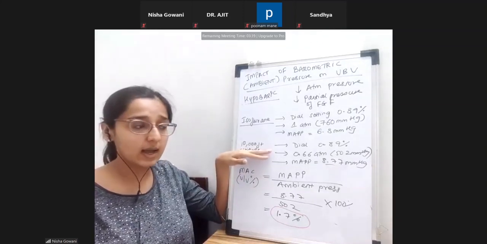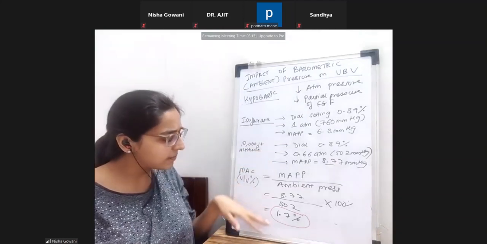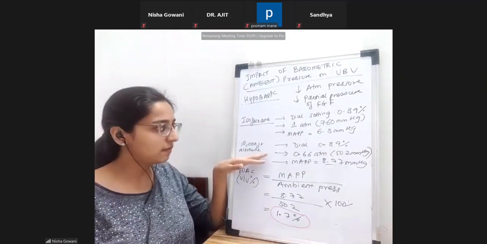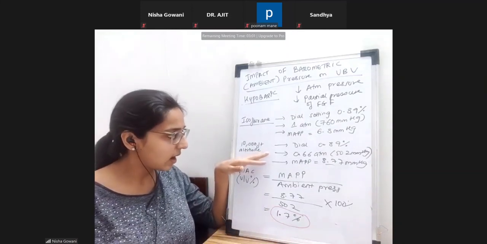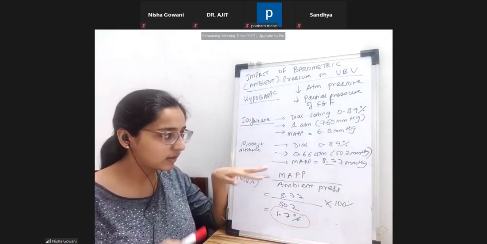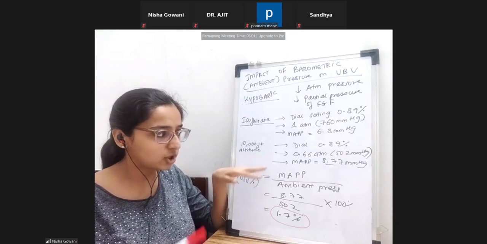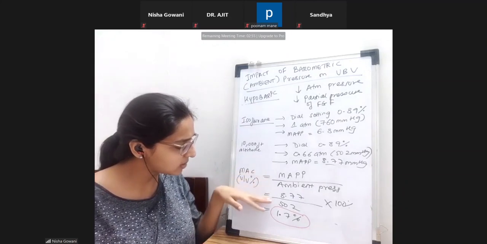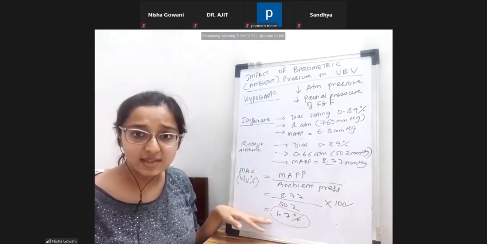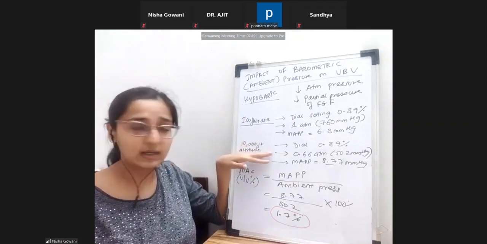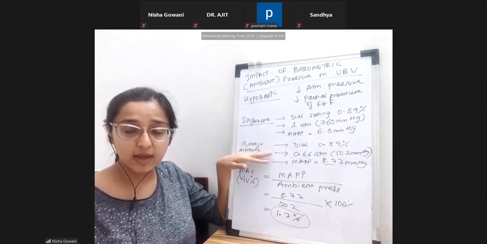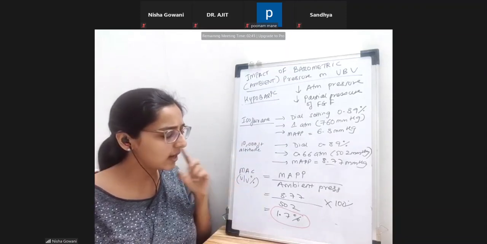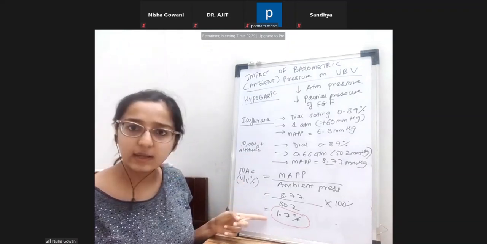The scientists said, but I'm getting a calculation of this. What is happening in reality? They got confused. They said, my dial setting is 0.89, and I have calculated my MAP. They have done all these minimum alveolar partial pressure readings, have a set of readings, and have checked them. But when solving this equation, it's coming to 1.7, which is double of 0.89. You multiply 0.89 by 2, it will give you 1.7. So they got confused. This volume percent is becoming double.